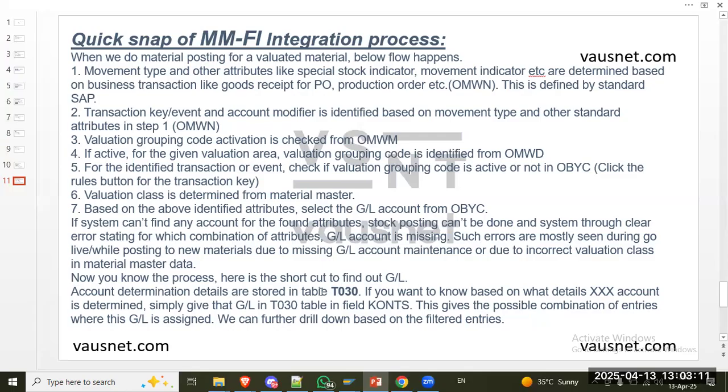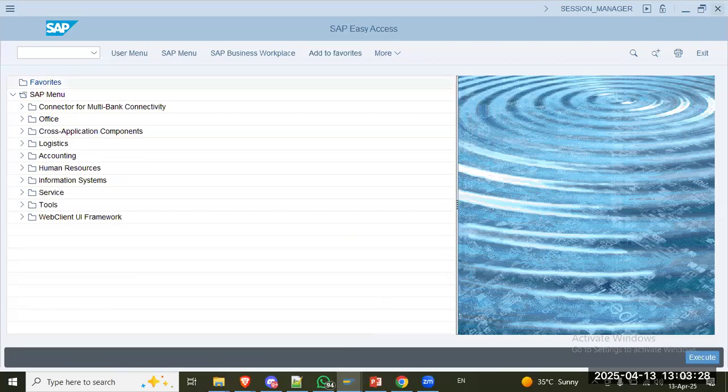Account determination details are stored in table T030. If you want to know based on what details a GL account is determined, simply give the GL in the T030 field. In the field CONS, this gives the possible combinations of entries where the GL is assigned. We can further drill down based on the filtered activities. Okay, let's